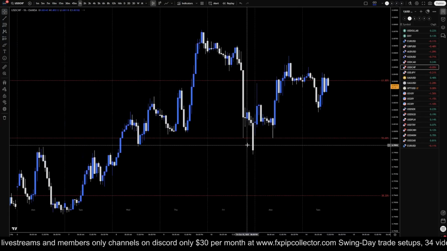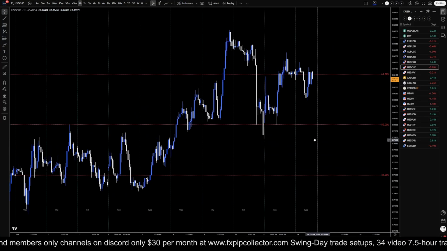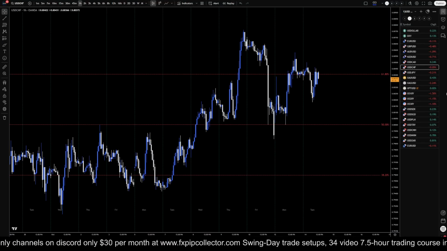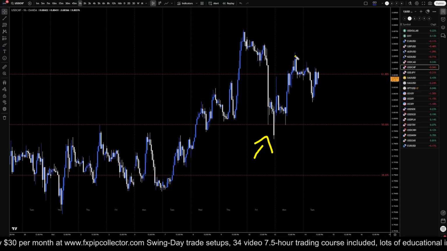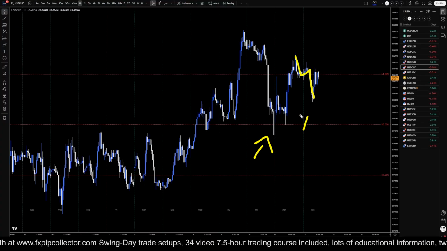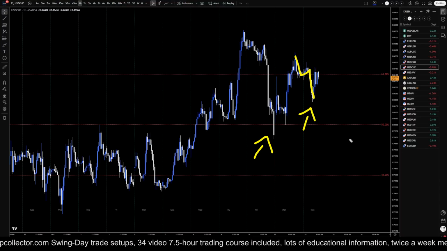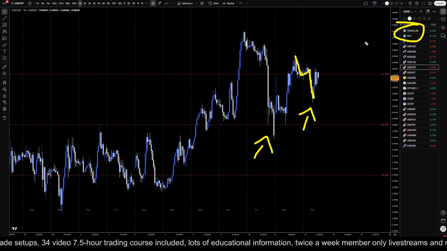Taking it all the way down to the 1 hour time frame, I'm definitely still looking for longs for sure. I'm wondering if this right here is the end of a pullback. I don't really know, because this looks like another three-wave pullback right here. I definitely would continue to be bullish. There's no reason to think otherwise on the dollar index, not to continue to be bullish.